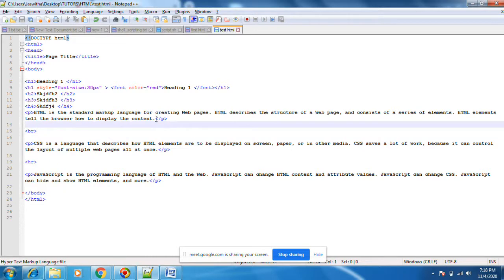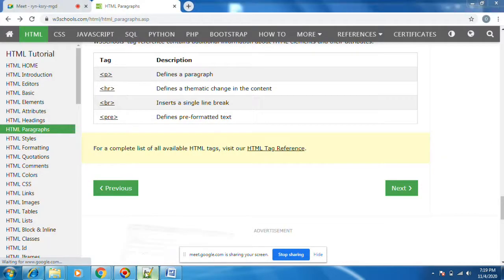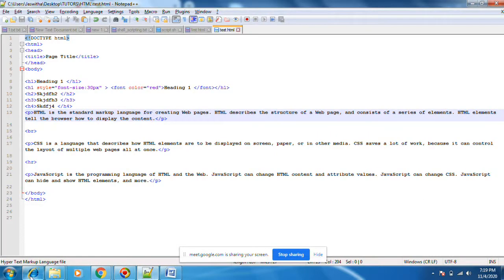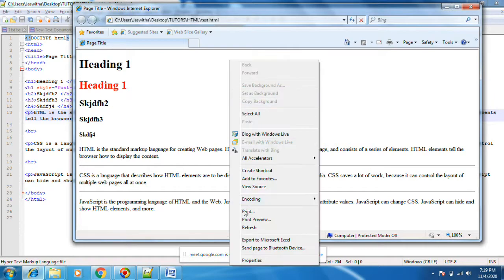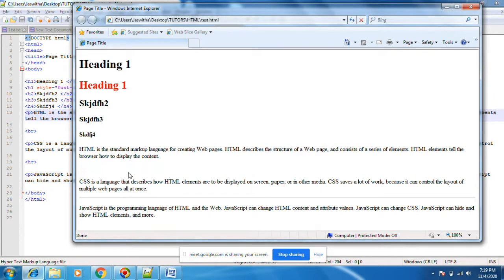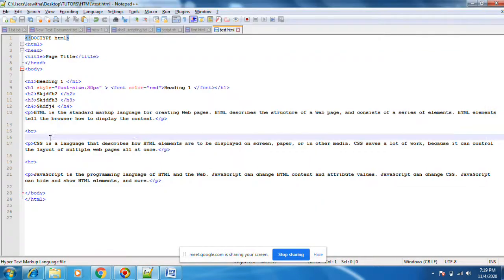Let's try with this. We'll put a line break inside and see how it looks. You see, this is a line break, or new line. We don't see much difference.